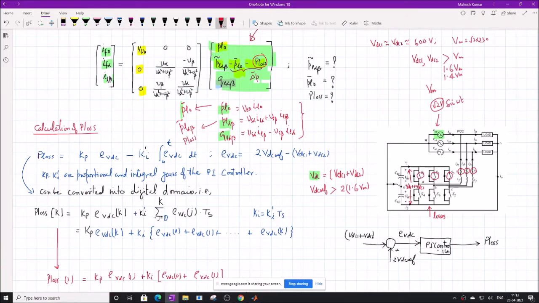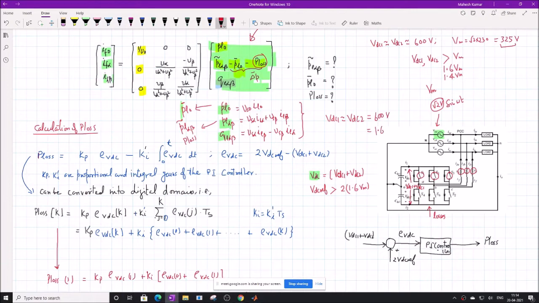So this is square root 2 into 230, which is about 325. So this is 325 volt. Now this 325, I'm sorry, I have to write here, it's not visible. So I will write here, VDC1 approximately equal to VDC2, closely equal to 600 volt, in the sense that it is